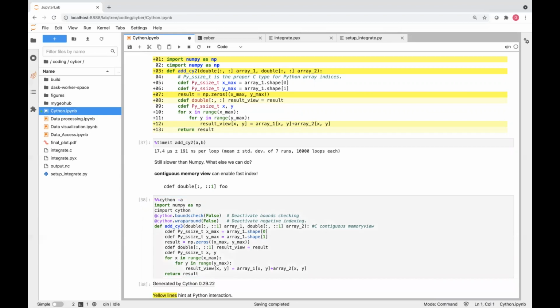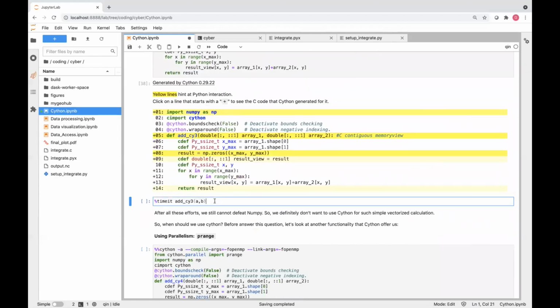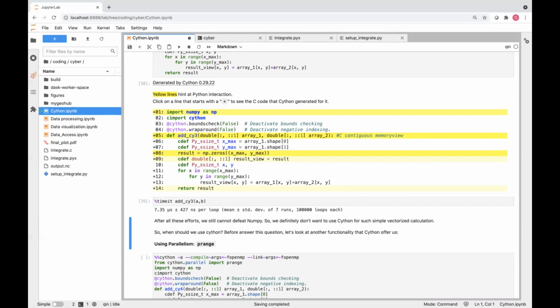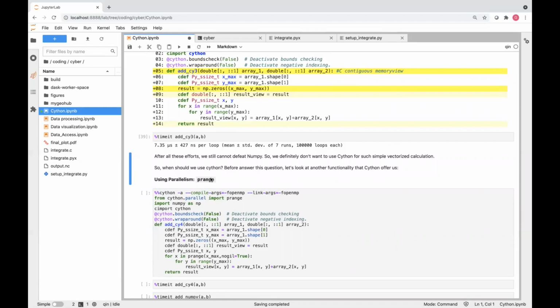So let's compile that and also time that. Well, it's a little bit faster, but after all these efforts, we still cannot defeat NumPy. So obviously, we definitely don't want to use Cython for such simple vectorized calculations. So when should we use Cython? Well, before answering this question, let's look at another functionality that Cython offers us, which is using this prange keyword